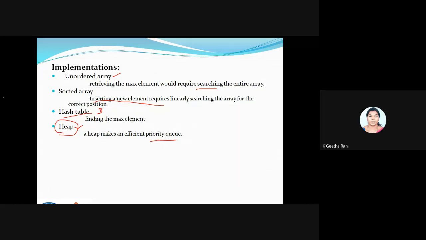We will see this later, after completing your third unit, or at the end of the third unit your ma'am will be teaching you the heap concept. At that time you try to implement this priority queue using the heap. So we have so many ways of implementing the priority queue, and the best one I will choose is the heap implementation. For now, just assume this heap comes under the tree concept. I think it's clear, like we have so many types of sorting, such as heap sort, where again this priority queue comes in. So that's all about the implementation topic.